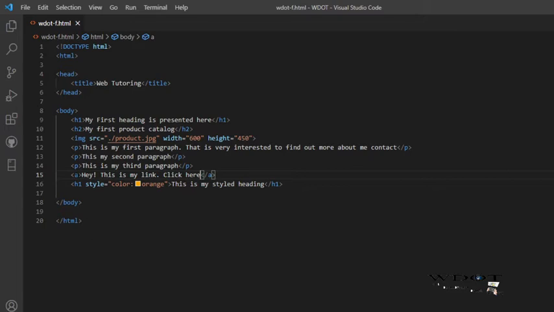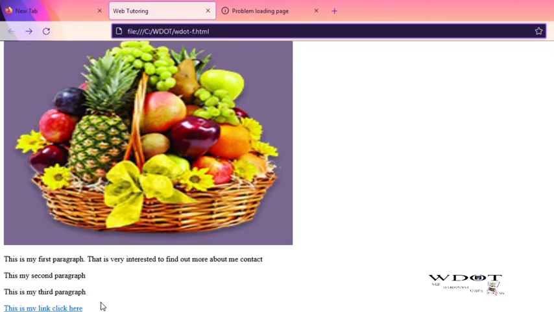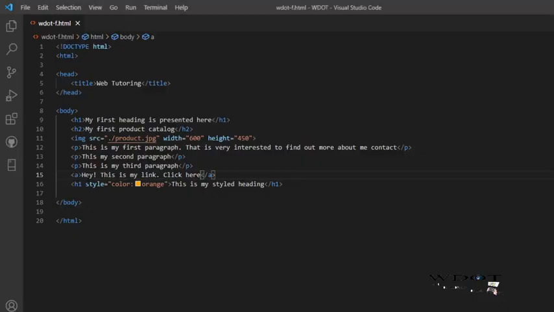So in order for you to get the reference, let me first of all go to the page and show you something. It's not taking you anywhere. Look at something here. Hey, this is my link. Nothing is happening here because you have not given a reference. So that takes us back again to attribute. Where is the reference? We have to put our reference attribute, which is href,